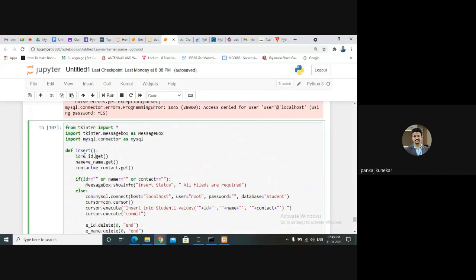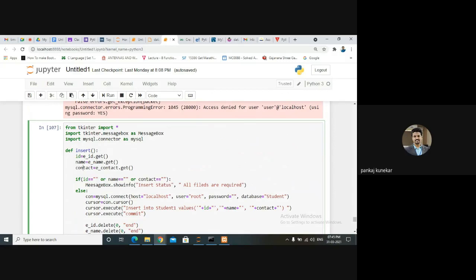Whatever we enter into the text boxes will be stored in the ID variable. So the ID entered in the E underscore ID text box will be stored in ID, name will be stored over here, and contact will be stored here. Whenever we enter some data in the ID, name, and contact text boxes, it will be stored in different variables.